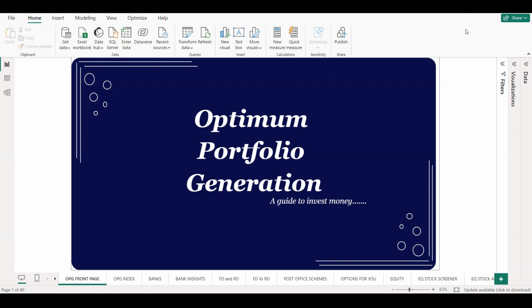There are mainly two aspects that you should consider while investing your money. One is a risk and the other is a reward. Risk means the level of assurance that you will be getting back your money. And reward means the rate of return or the future value that you have achieved by investing your money. A perfect balance between risk and reward is important to meet your future desired goal.